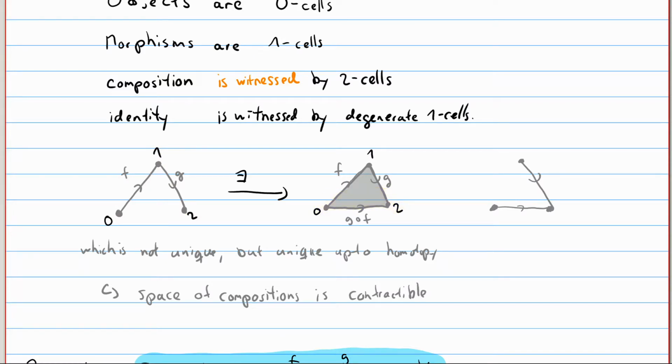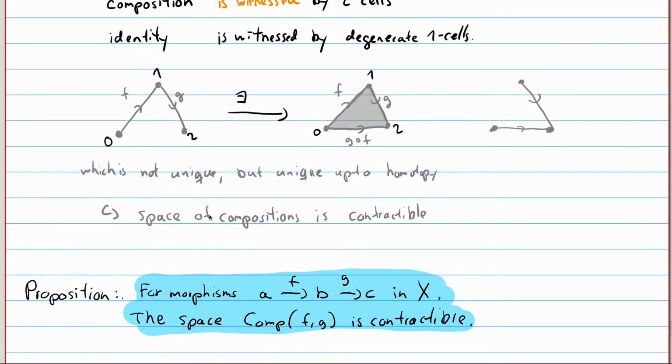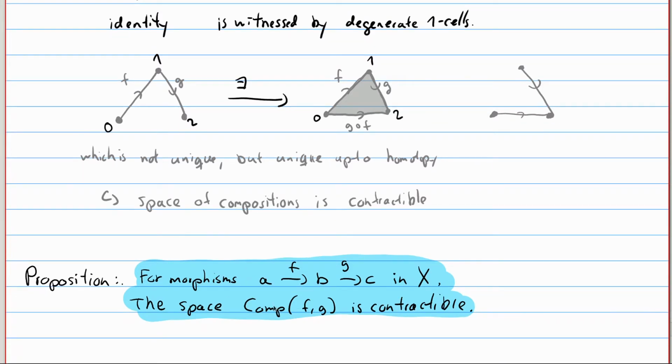The way we can finish this perspective from the categorical side is that they might not be unique, but they are unique up to homotopy in the following sense: for every pair of composable morphisms F and G, there exists a simplex called comp-FG, which consists of candidates for compositions